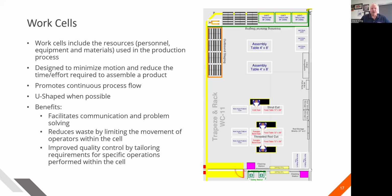But one of the things we had here, we had some standards around work cells. We created standards for those too. And one of those standards would be that the material required in the production space was not more than 10 feet from that space. That was our standard because we didn't want movement of people around the shop for no reason. So it had to be 10 feet from the space. So we created